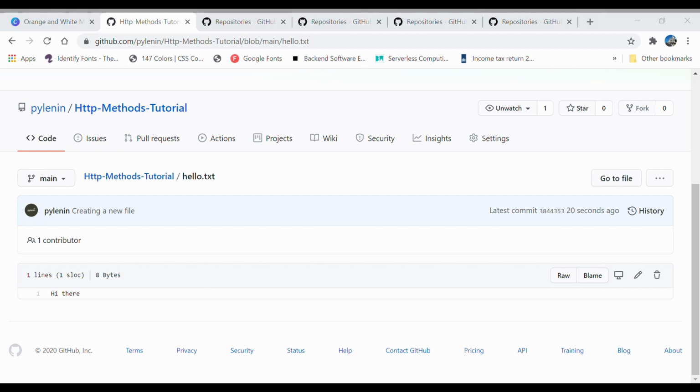Now you might be thinking, creating a new file, shouldn't it be a post request? Well, yes, it can be a post request, but the way GitHub sees it, and this is what I think, is that you are making changes to an existing repository. So the repository already exists and you are making some changes to it using some commit message, and that's why in the documentation it has been mentioned as a put request. All right, so this is my opinion. If it is something different, please let me know in the comment section below.